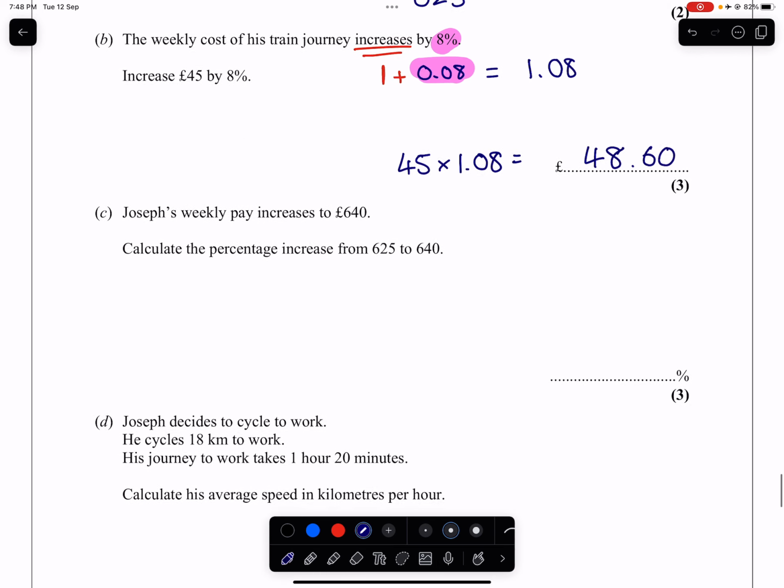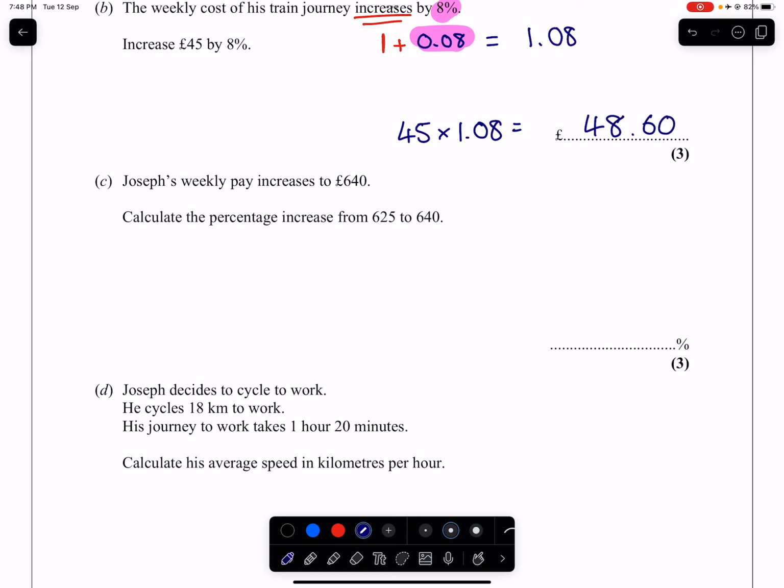Part C, Joseph's weekly pay increases to 640. Calculate the percentage increase from 625, so that was the original amount, to 640. You've got a few ways of doing this. The simplest way, in my opinion, is you take the new amount and divide it by the old amount. And that's going to give you a decimal that will tell you information about your percentage. So when you do 640 divided by 625, you're going to get the decimal